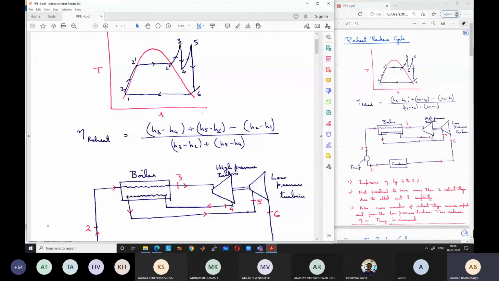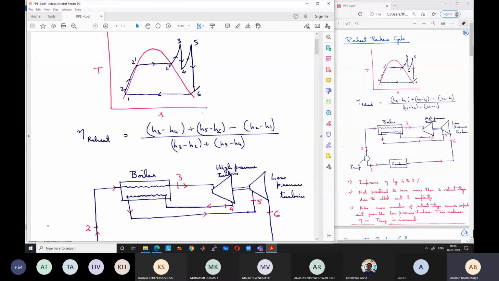Okay, so this temperature will be known and pressure will be known, so we can find the enthalpy at this point from the superheated table, and again based on equating the entropy, we will find what is the enthalpy at point 6. Okay, so then all the points' enthalpies are known, and you can calculate the net work output and the efficiency, heat addition, things like that. So you should be able to solve any problem for a reheat cycle. It's very simple to solve.